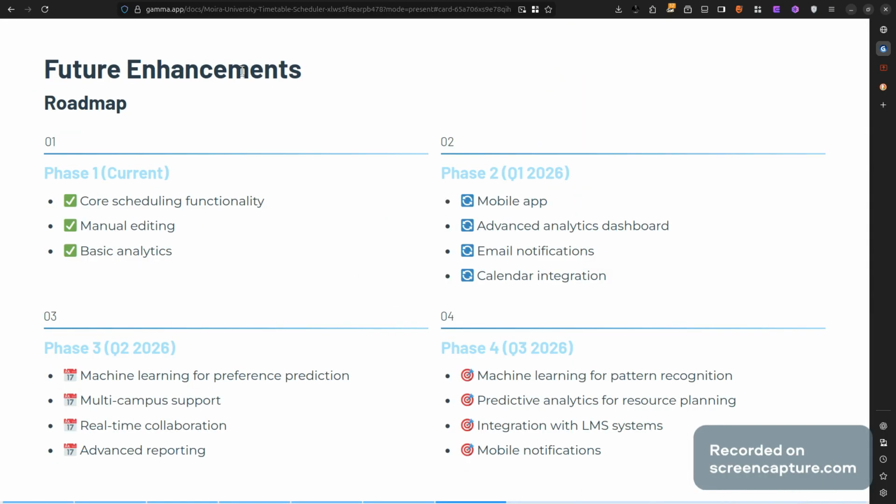We move forward to the next phase, which is now future enhancements. Let's go through the roadmap of this application. Phase one, which has been completed, is the core scheduling functionality, the manual editing, the basic analytics. Phase two is the mobile app and advanced analytics dashboard, email notification, and calendar integration. Phase three is machine learning for preference prediction, multi-campus support, real-time collaboration, advanced reporting. And phase four is machine learning for pattern recognition, predictive analytics for resource planning, integration with LMS system, and